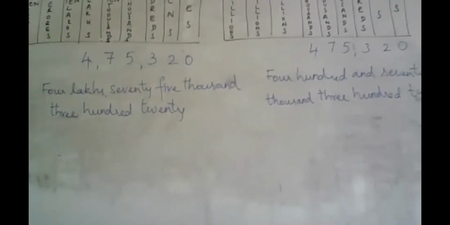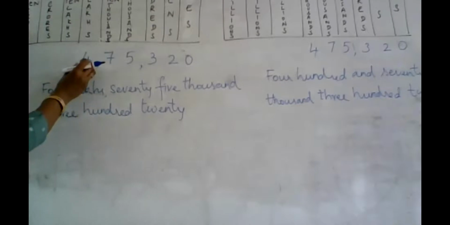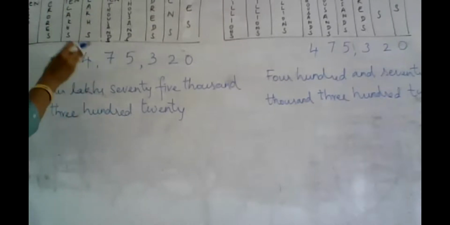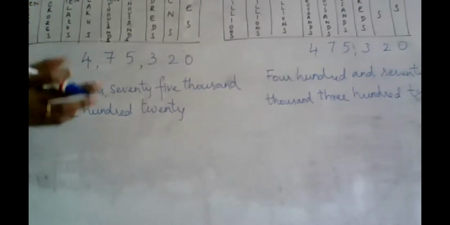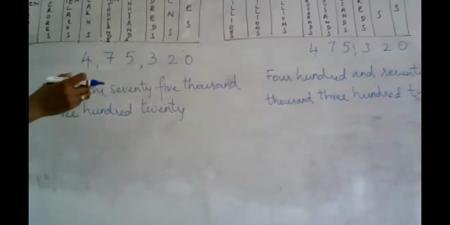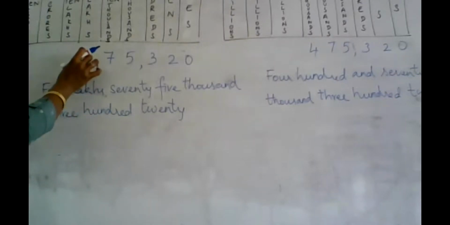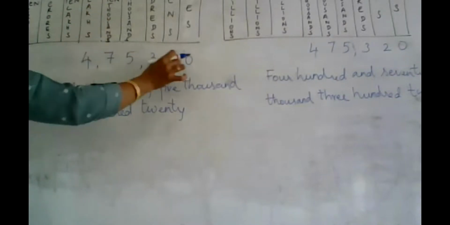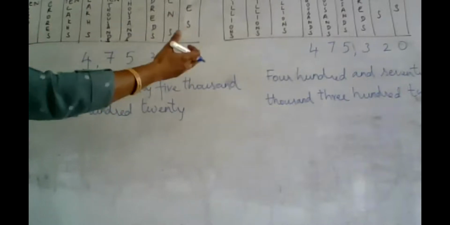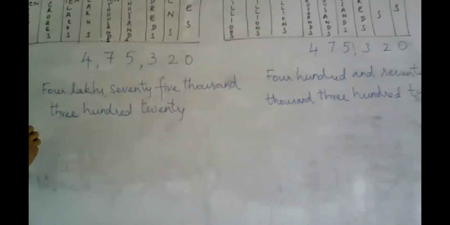Now because I have written the number names in both the systems, now I will write this in the expanded form. In the expanded form, you are going to write the numeral as well as its place. So 4 is sitting in the lakhs place. As I've shown you in the previous app, this is how you write it in the expanded form. 4 is in the lakhs place, which means all these places will be 0, because they are different numbers when you write it in the expanded form.